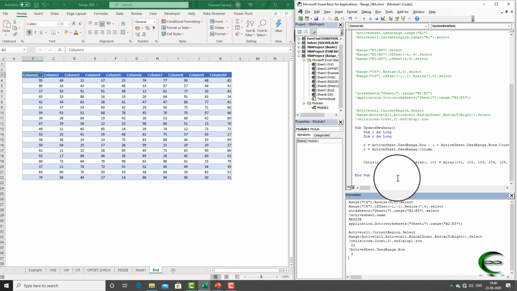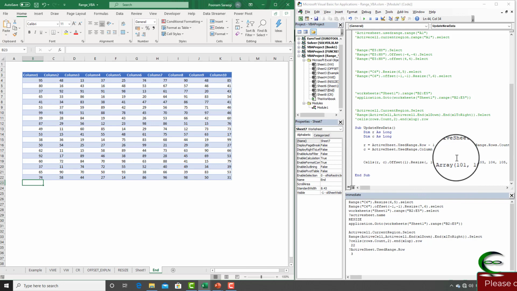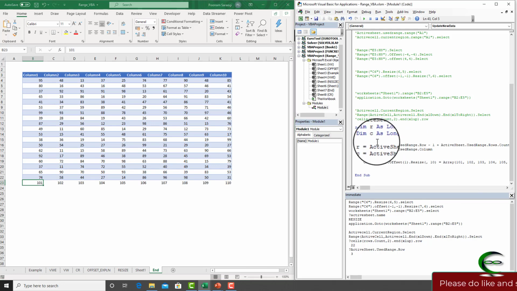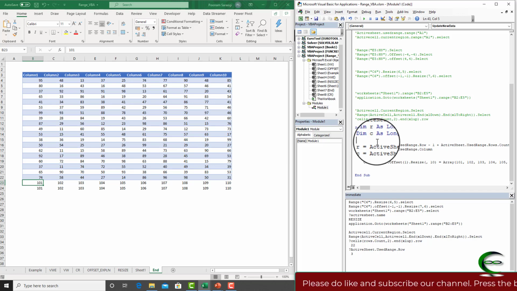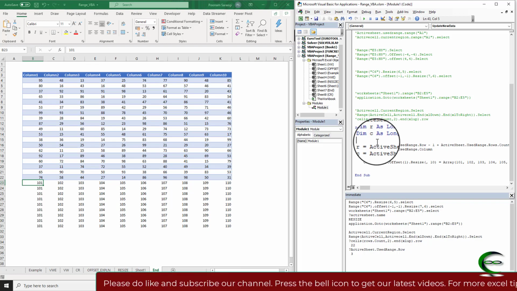Then ActiveSheet.UsedRange.Rows.Count. So first I am reaching this, then I am subtracting 1 to reach here above the first row, then I am adding the number of rows in the used range to reach the last row, then I am updating Sales R, C offset 1, then I am going to this row and updating this data. Just see, if I press F5, Excel has updated the last row. If I again put in the next row, it will not overwrite but go down and down and down. Hope it will help. Thank you.